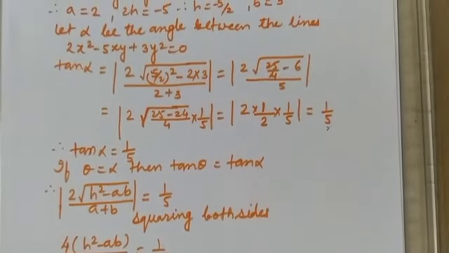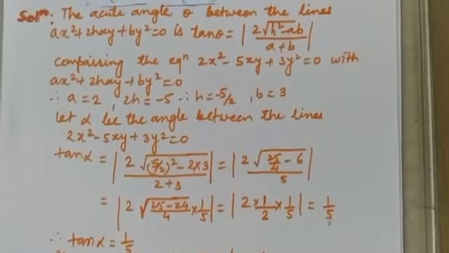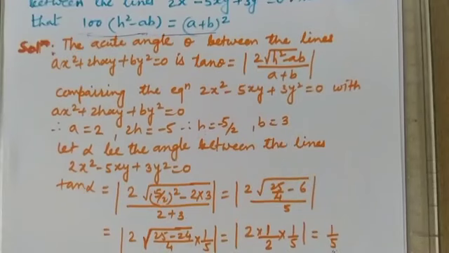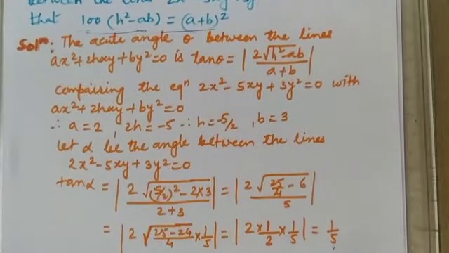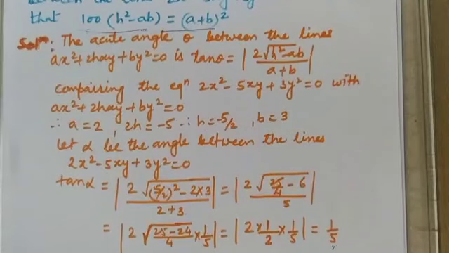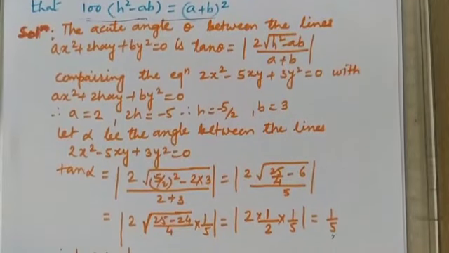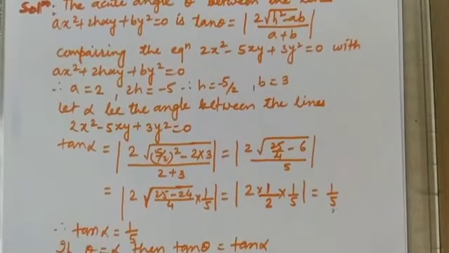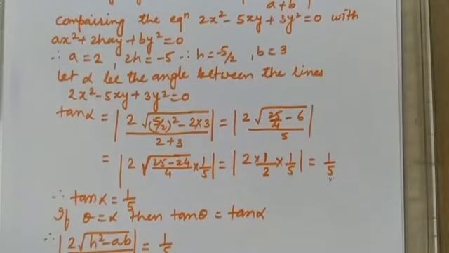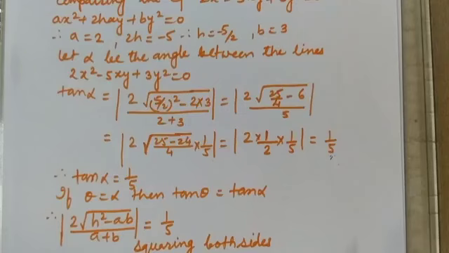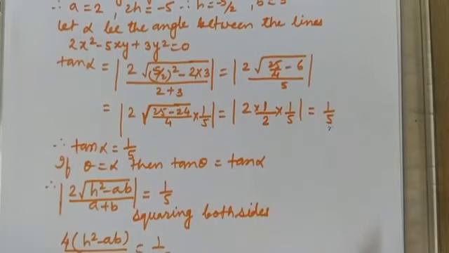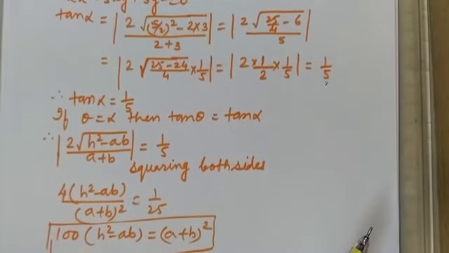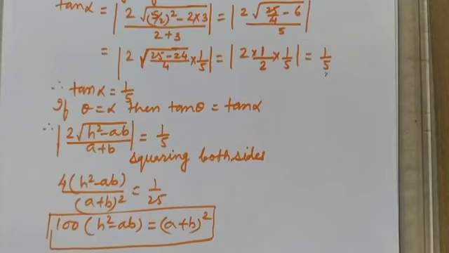You can go through the solution of this problem. In the solution, first consider the acute angle, then equate them, given equal, in formula form, and we can simplify this equation. Compare the second equation, find out tan alpha, consider the second angle as alpha, then calculate the value of tan alpha. After the calculation of tan alpha, equate both of them, theta is equal to alpha, so equate the value of tan theta with tan alpha, square both sides, simplify this equation and get the value.